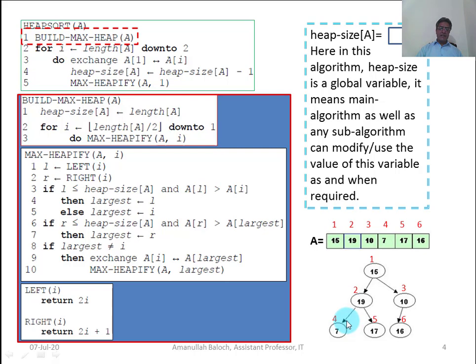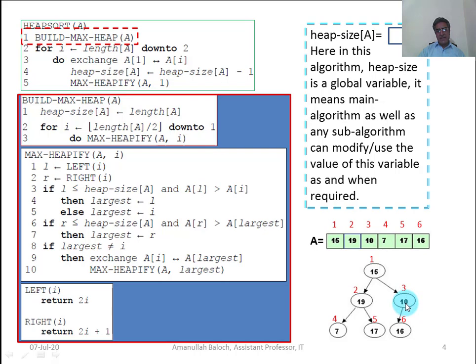In an array of any size, when we convert it into a heap, 50% of the nodes will be leaf nodes and 50% will be parent nodes. So we will check only the parent nodes. It means we leave out 50% of the nodes and only check the other 50% for whether they satisfy the max heap property or not.